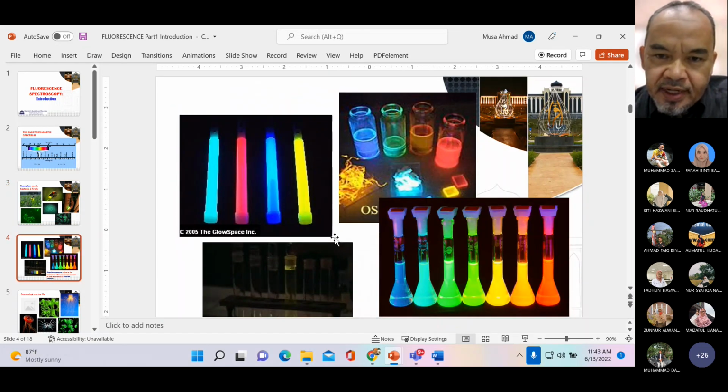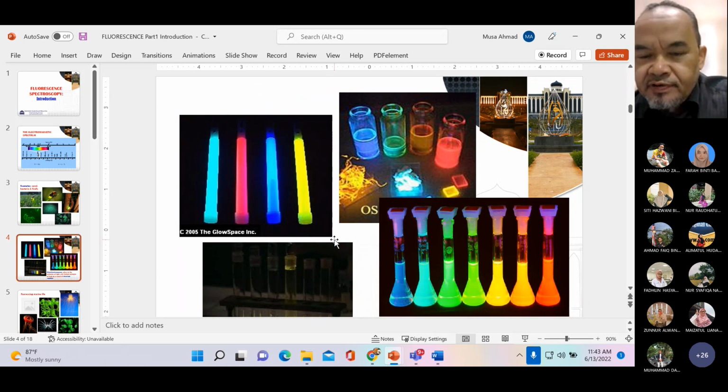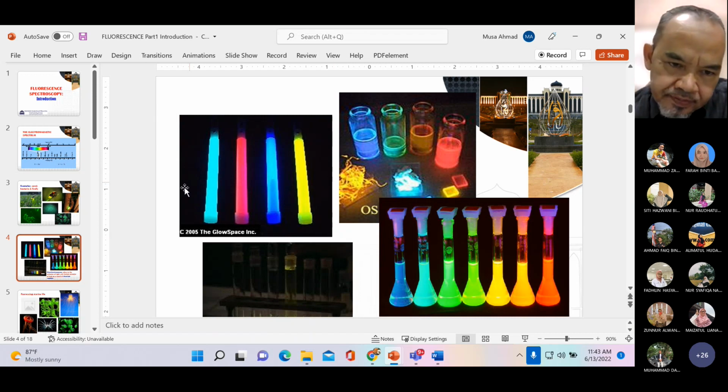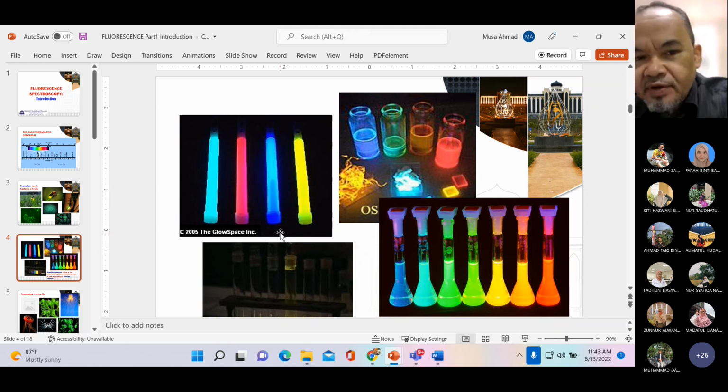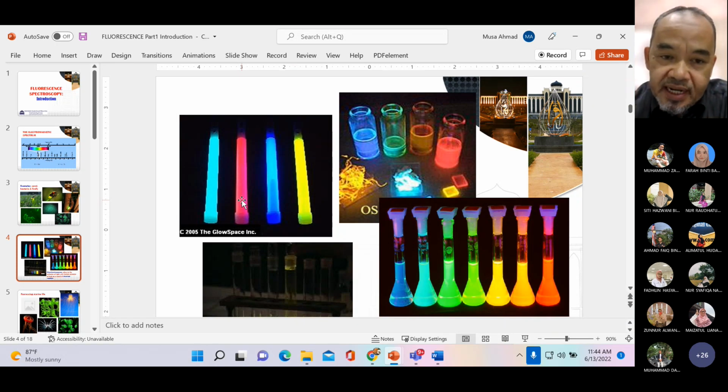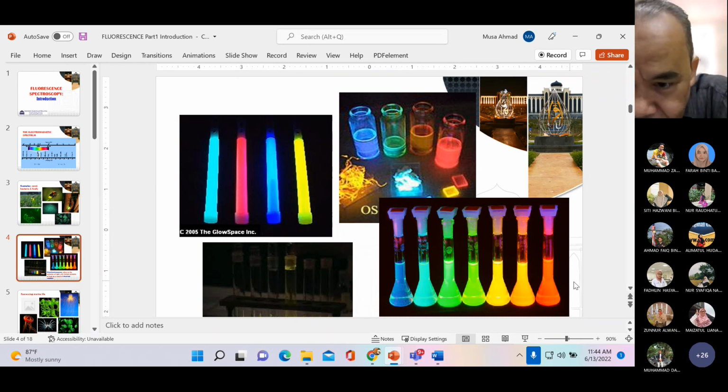Okay? Right. This is something that maybe you can see, if you go at night to fun fair, okay, for instance, you see a lot of this kind of light. Okay? This is a fluorescent material, okay, that been put inside here, and then, once the material absorb the light from the surrounding, okay, particularly from the UV region, it's going to emit the colors, okay. That's going to emit the colors. That color actually fluorescent light.